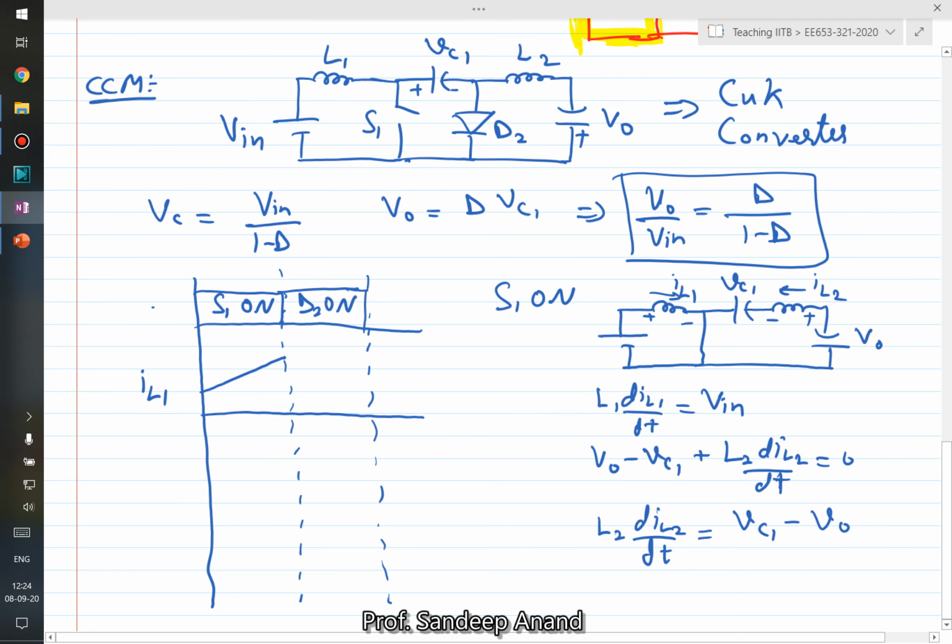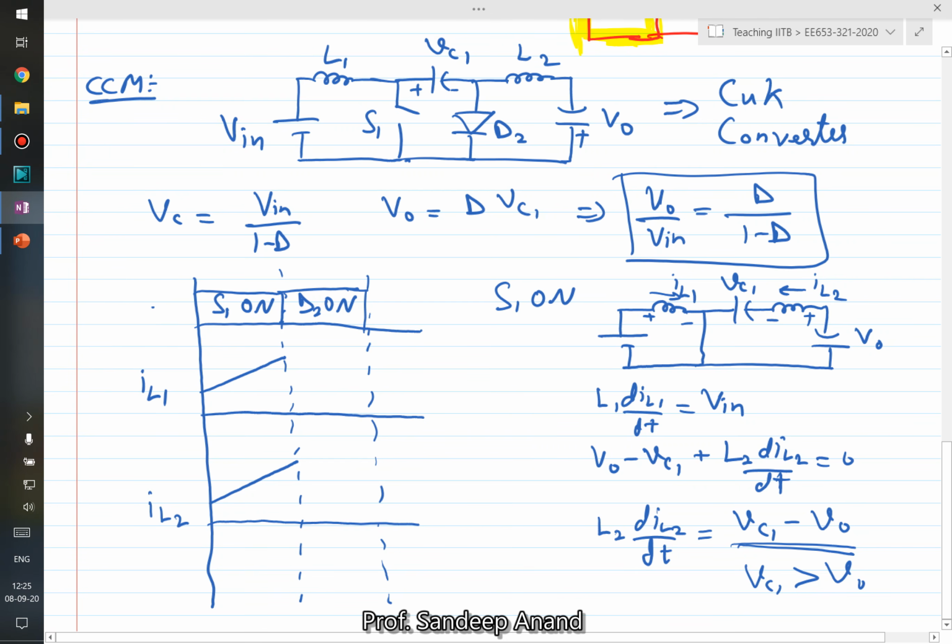So what happens to inductor 2 during this period? What is VO? As we understand, VC1 was the intermediate voltage, so VC1 would be greater than VO, and therefore this term is positive. So IL2 is also rising in this period,